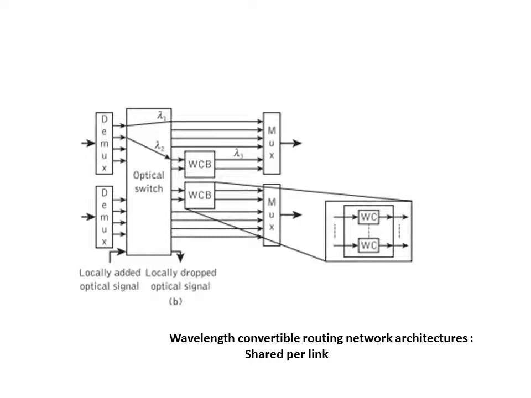Because STS-N, for example STS-3, means you need to multiply the first 3 bytes, or the total 90 bytes, by that number n, and the 9 rows remain as they are. The first 3 into n columns will be used for the section and line overhead. The remaining will be the payload envelope capacity. So this is the structure of the STS-N frame.